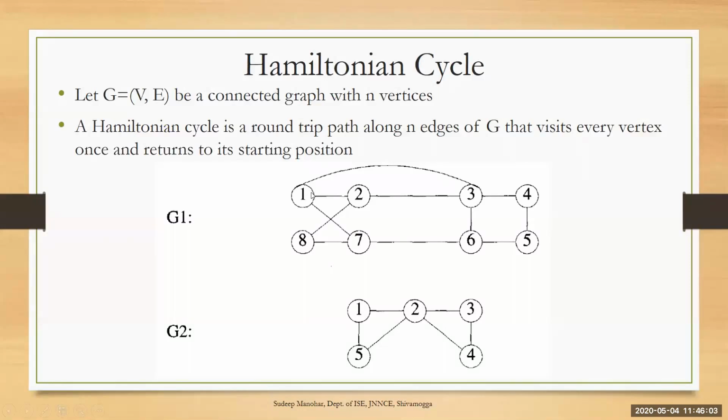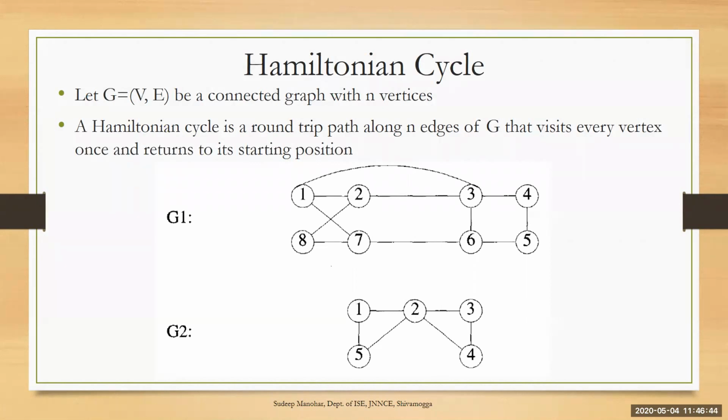Now the problem is to identify whether a given graph contains a Hamiltonian cycle or not. If you take the example of graph 2, if you start from 1, you can move to 2, then to 3, then to 4. You cannot once again come back to 2 because 2 is already visited, and there is no other choice. If I take the path from 1 to 5, I can move from 1 to 5, 5 to 2, 2 to 4, 4 to 3. I cannot come back to 1. There is no path. So graph 2 doesn't contain a Hamiltonian cycle, whereas graph 1 contains Hamiltonian cycles.